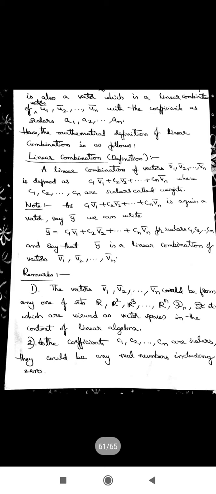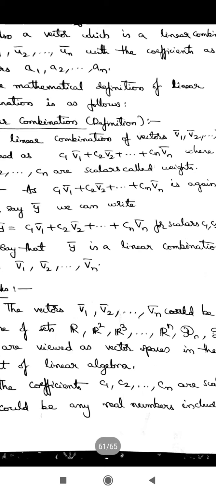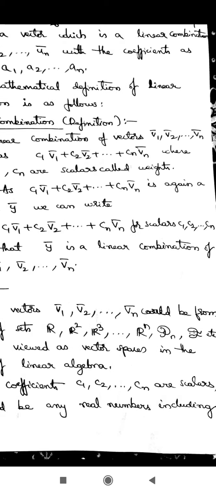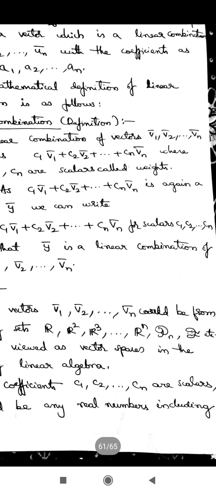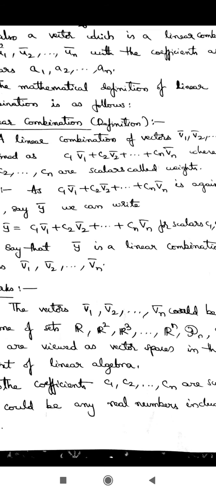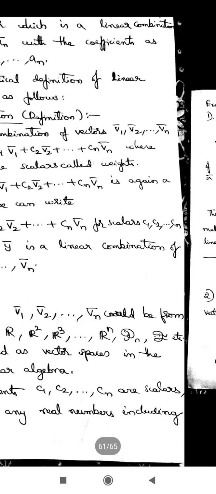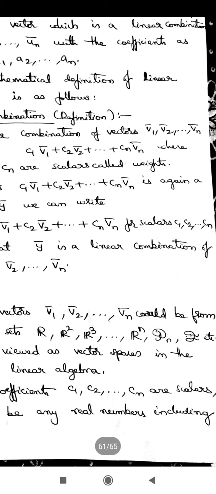We should get the doubt that where are these vectors taken from, and these vectors can be, from now onwards, seen like this. These vectors are nothing but the vectors of the vector spaces R, R2, R3, and so on, Rn, Pn, F, etc. sets. And we already came to know that these sets R, R2, R3, and so on, Rn and Pn, and there is one more set F, all these are vector spaces.